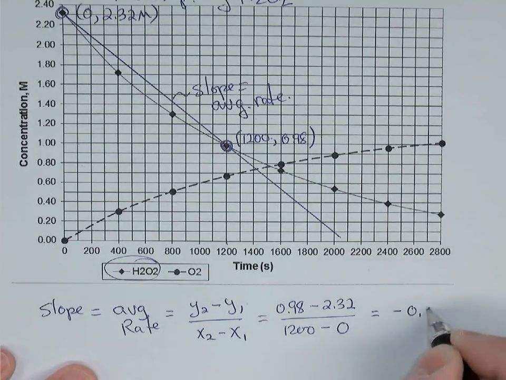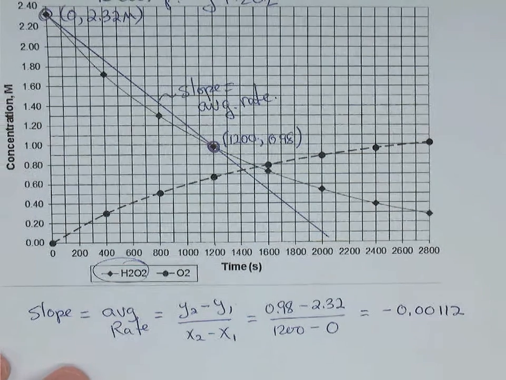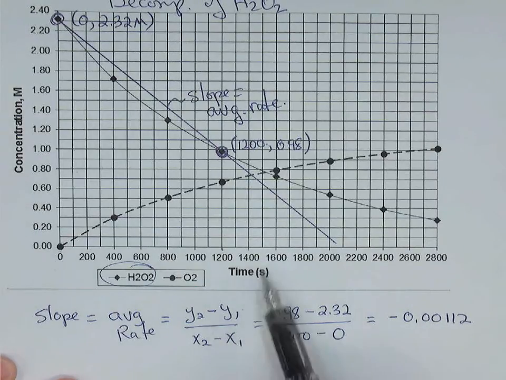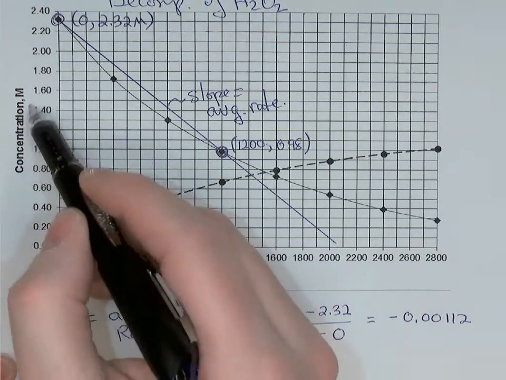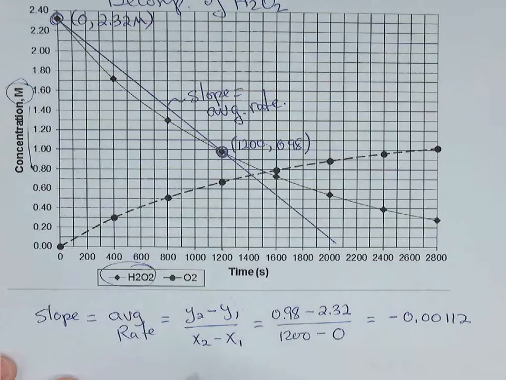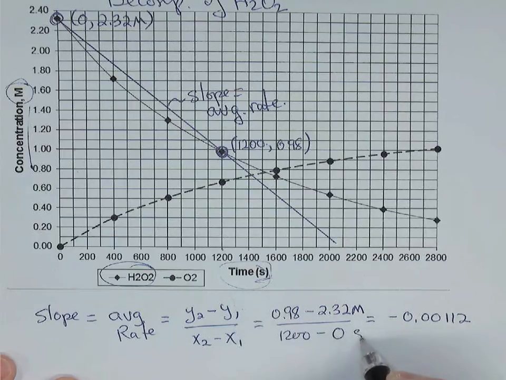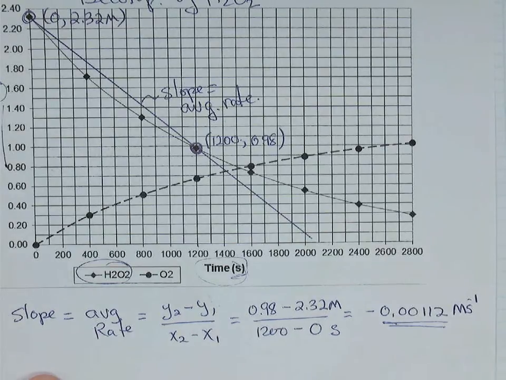0.00112. Now the units for this slope. In a math class, you don't usually look at the units, except perhaps in an applied math class. But here, this slope's rise, the y values, were concentrations. So their units were molarities. And the x values were time, and their units were seconds. Therefore, this slope has units of molarity per second,